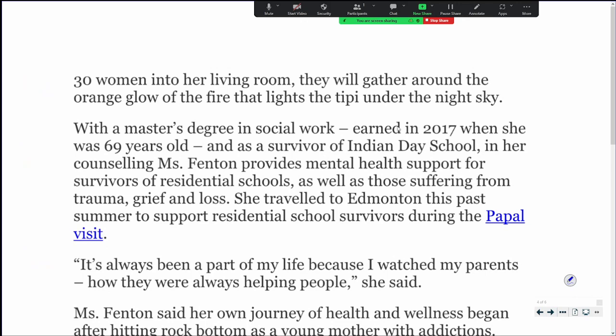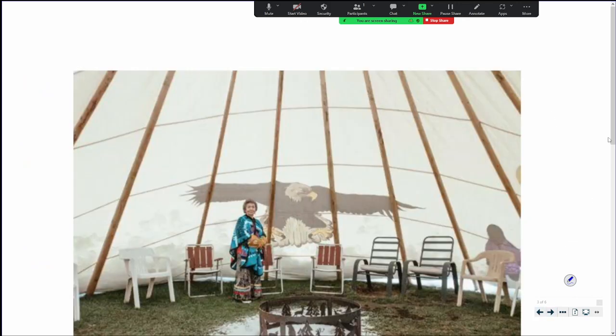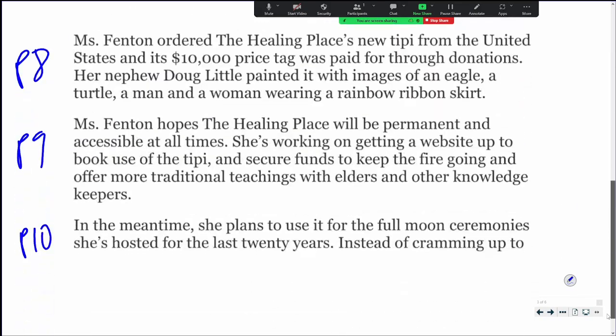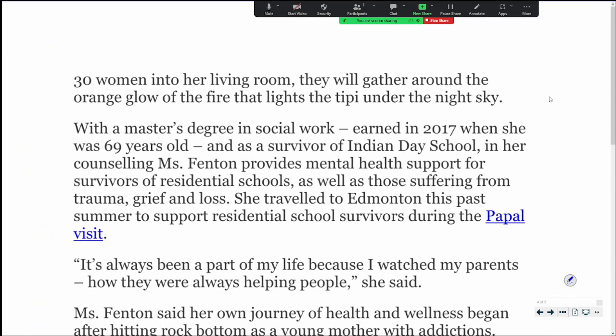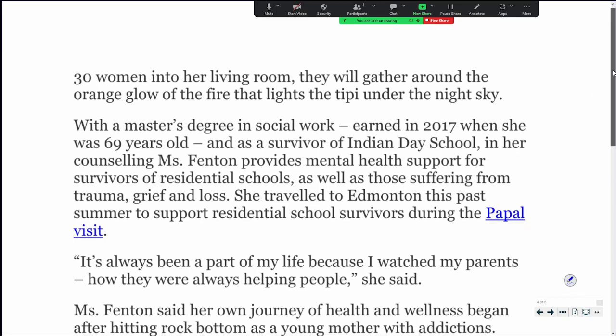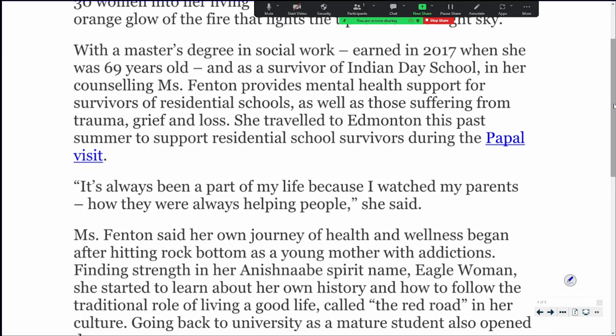Instead of cramming up to 30 women in her living room, they will gather around the orange glow of the fire that lights the teepee under the night sky. With a master's degree in social work, earned in 2017 when she was 69 years old, which is pretty amazing,